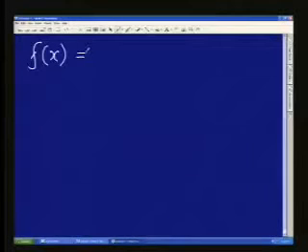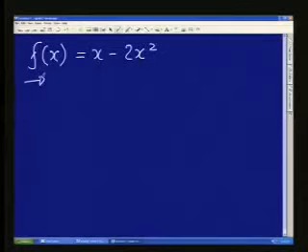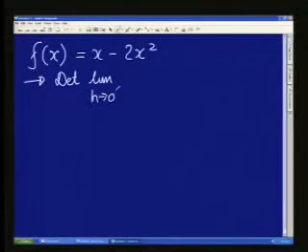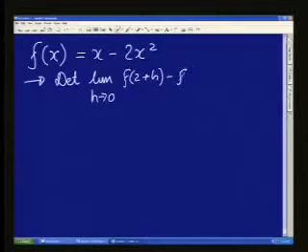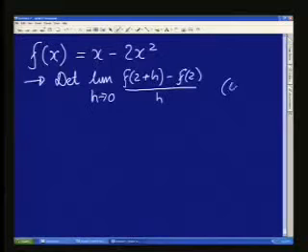They say f of x is given as x minus 2x squared, and the first question, for 6 marks, is to determine the limit when h approaches 0 of f of 2 plus h minus f of 2, divided by h. That's a 6-mark question, and the second half is